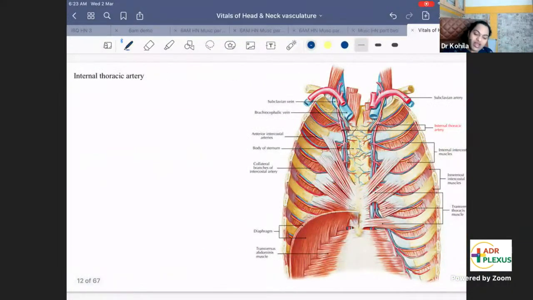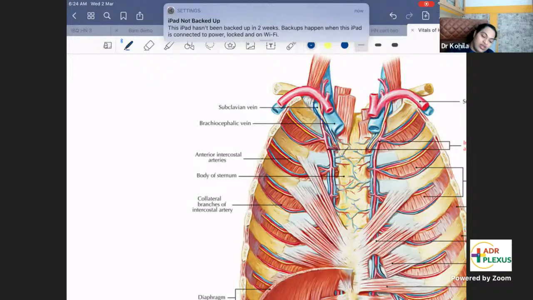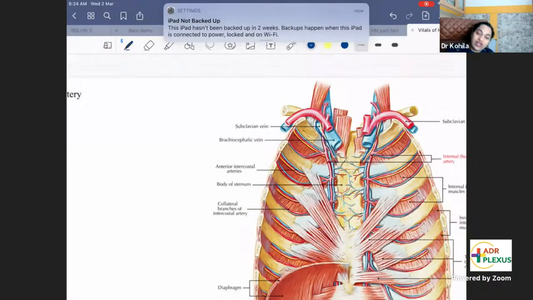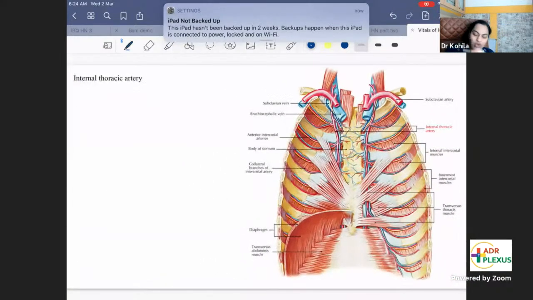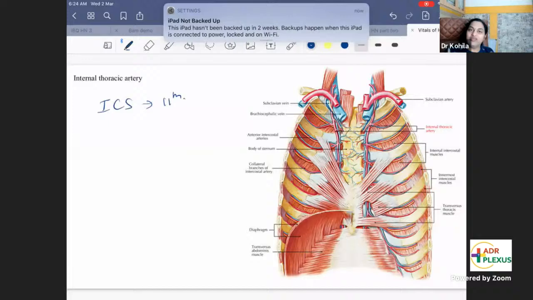Okay. Internal thoracic artery, you will never have difficulty identifying that. You can see the phrenic nerve crossing it from lateral to medial side. Remember this relation. As I told you, some of you have the doubt, right? How many intercostal spaces are there? Totally 11. Anteriorly, the 11th and 12th ribs are floating. They will never come in the front. So there will be only 9